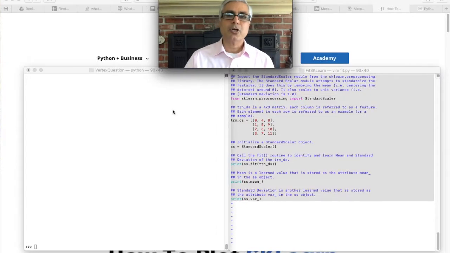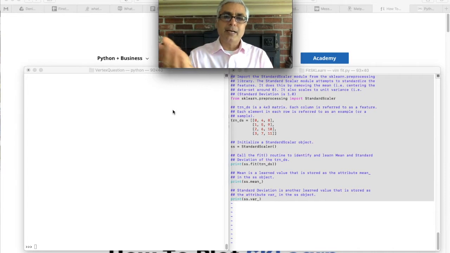Okay, so let's talk about the fit method first. Almost all of the sklearn library's models, so to speak, have this common method called the fit method. What fit does is basically learn, depending on what model you're calling, the underlying parameters for a given data set. For example, in this example, we use a standard scaler model. It's a transformer from sklearn's preprocessing library. Given a data set, it'll try to find out the underlying mean value and the standard deviation value, which is related to the variance.